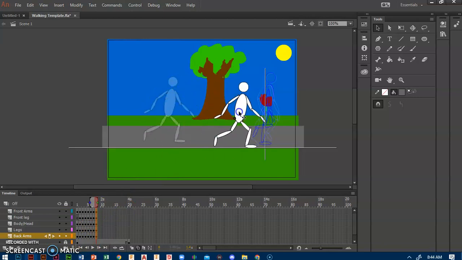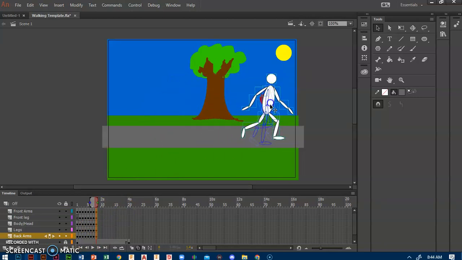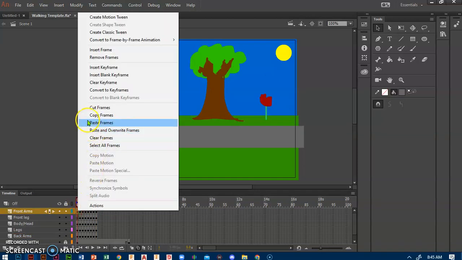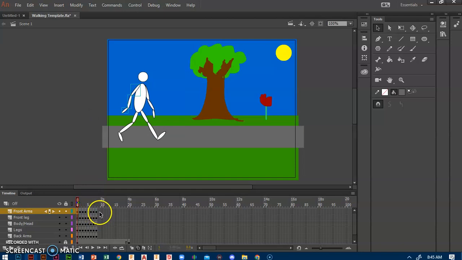the bottom most of the body, and move it over. Remember, we're trying to line up the feet about. Right? And then number 1. Copy frame, paste frame,